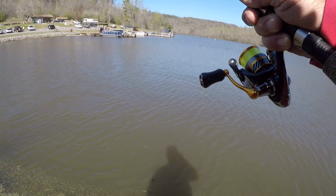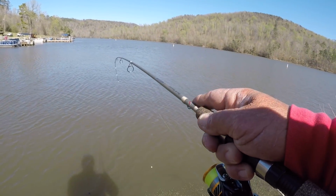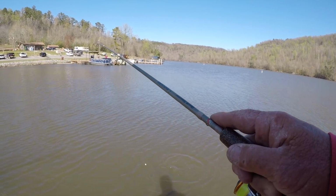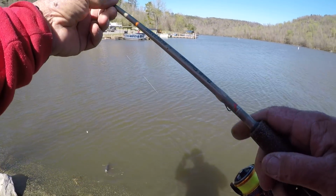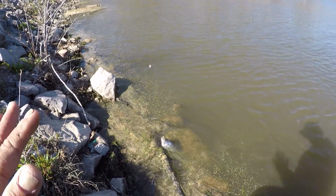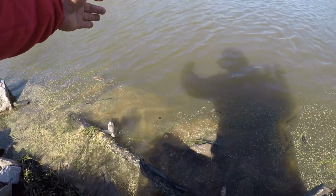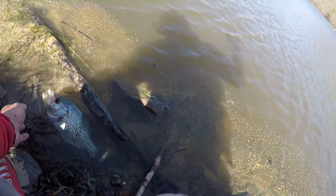That's a good fish. I'm in a different part of the lake right now. Believe it or not, I caught that crappie in that first spot and never did get another bite. And I don't know why, because it had everything it needed to be full of fish. So I just moved across the lake right here to another